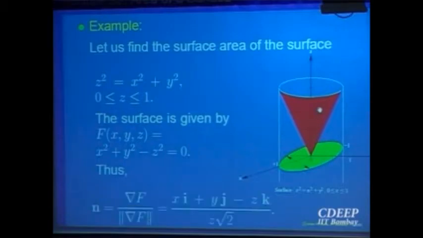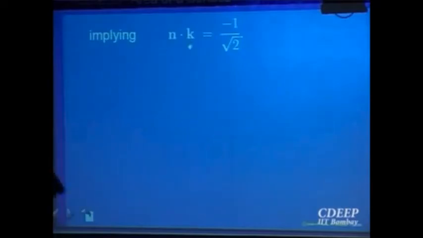So what will be the unit normal to this cone? You can write that equation as x squared plus y squared minus z squared, if you like. Without writing a parameterization, you can take the gradient vector as a normal. So the unit normal is given by computing the gradient of this function. So n dot k comes out to be minus 1 over square root of 2. So what will be secant gamma? Secant gamma will be 1 over the norm of that, so that is square root of 2. And now you see how simple that integral becomes if we use the formula that the surface area is given by the integral of secant gamma over the projection onto the xy plane.